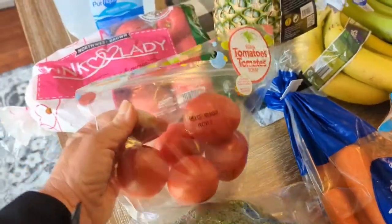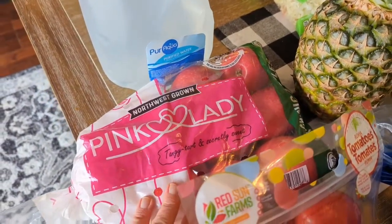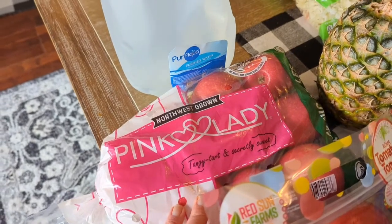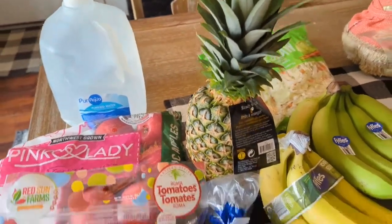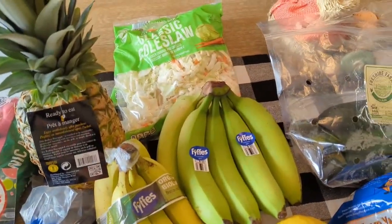Some Roma tomatoes, some pink lady apples. I try when I can, if they're not outrageously expensive, to get organic. They're very reasonable there at Aldi. A little distilled water, for my neti pot. Pineapple, carrots, peppers, lots of bananas,